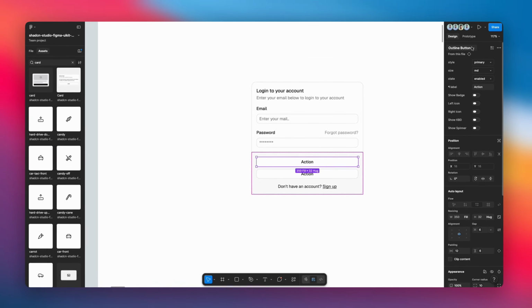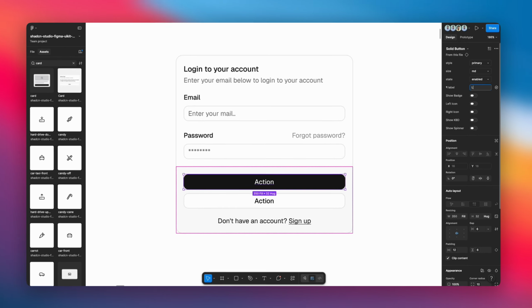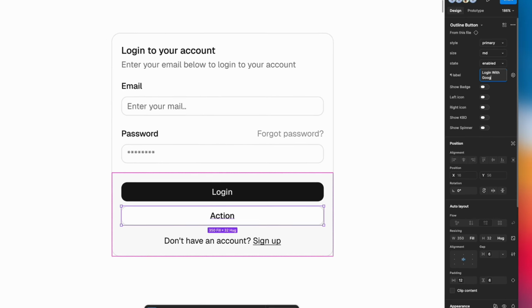a single component. That is the power of slots in Shadcn Studio. Fully flexible, fully non-destructive,